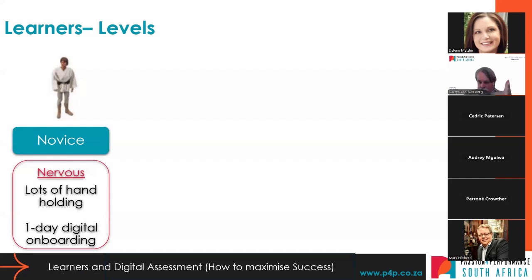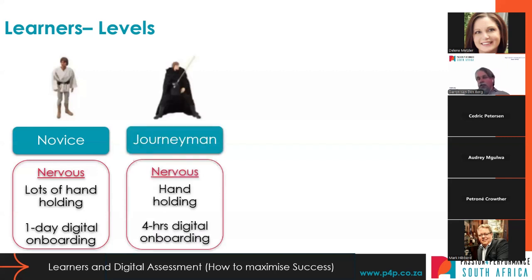The number one starting point is before your training starts, have a one day digital onboarding session. Generally have one day or half a day per platform. So if you are doing an e-learning platform and an e-portfolio platform, which are quite different in their scenarios, and there's lots of talking done around the differences between them, then you want a morning around e-learning, and then an afternoon around the e-portfolio side. And I'll go through the concept you want to use, and how you want to build that.